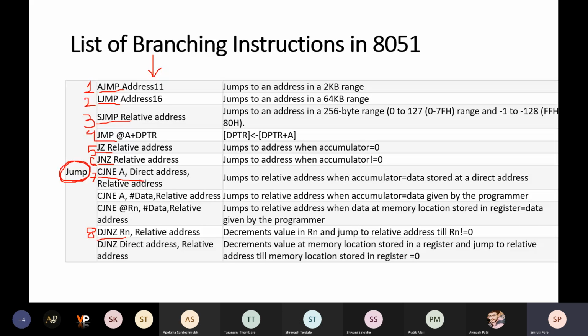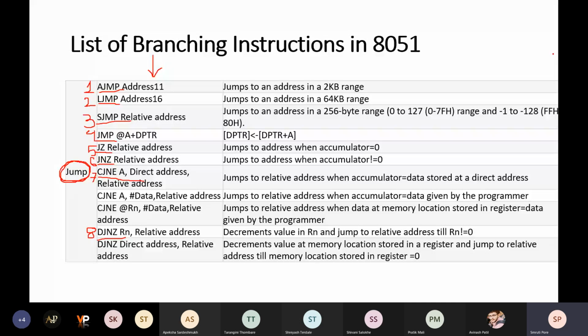Normally, suppose the program is starting from location 30. It will go on incrementing like 30, 31, 32, 33, 34, 35, then up to 39, then 3A, 3B, 3C, 3D, like that. But suppose at 3F, instead of going to 40, I change the program counter contents back to 35.